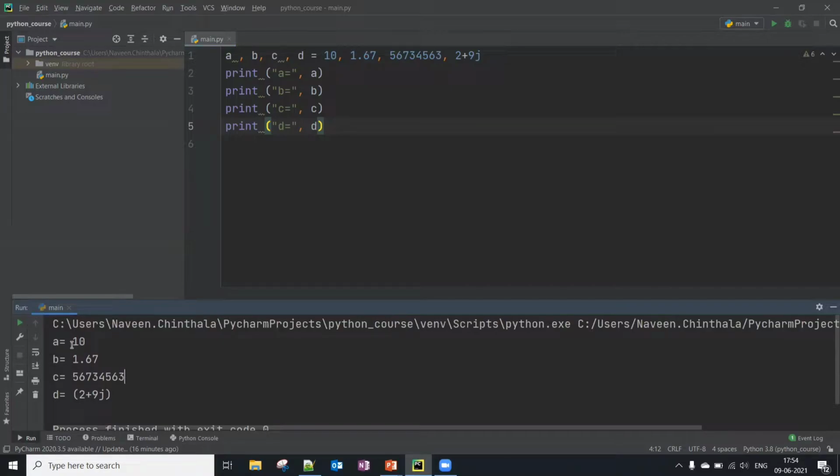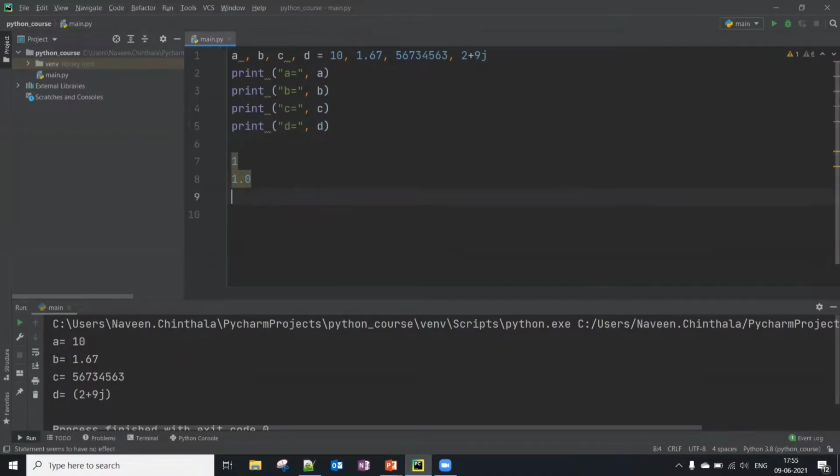Integers can be of any length. It is only limited by the memory available. A floating number is accurate up to 15 decimal places. Integer and floating points are separated by a decimal point. Similarly, 1 is an integer, 1.0 is floating point. So the only difference is just a dot, the decimal value.